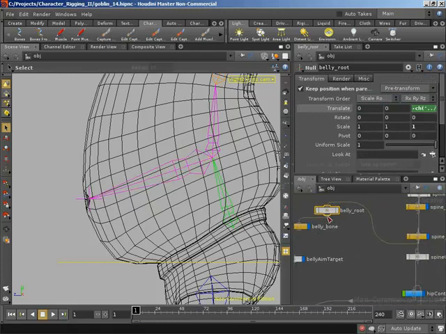So I'm going to branch off of our belly root into a new null, and I'm going to rename this null to spine_bone2_average_rotations. And to average these rotations, what I want to do is reference the chop data that is being sent to spine bone 2. We know that the rotations are being driven by our inverse kinematics along with the twist that's being applied to that bone, and we want to jump in and grab those rotations from the inverse kinematics,